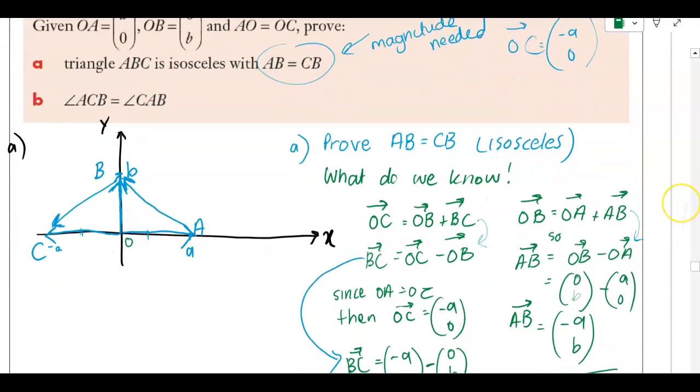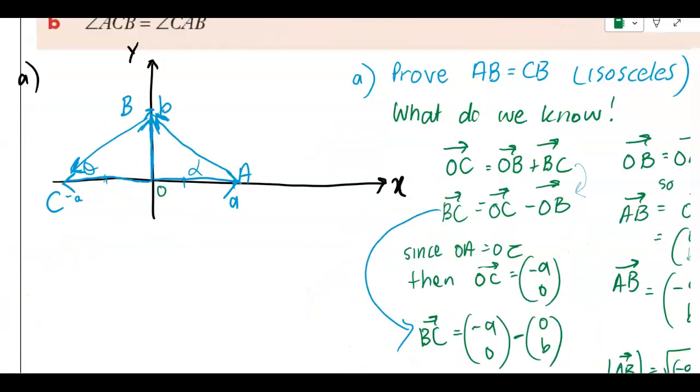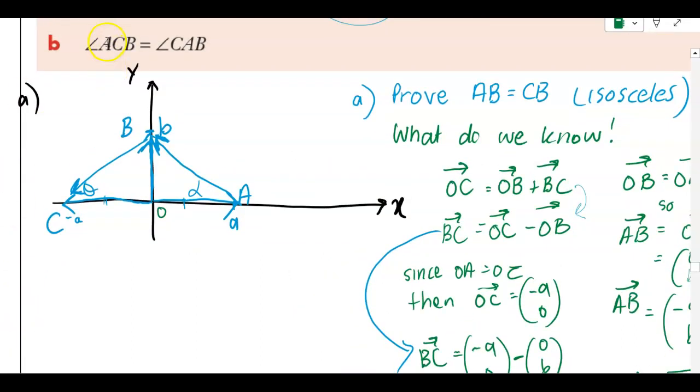Again, we could actually work that out using similar triangles, Pythagoras' theorem, and equating distances along here. So we could definitely do that, but we're given vectors, so we need to prove that in terms of a vector. Now, if we were going to have a look at what the angles were in part B, that angle ACB, which is that angle I popped in for theta down there, is equal to angle CAB, which is alpha in there. I'm going to let you work that out,